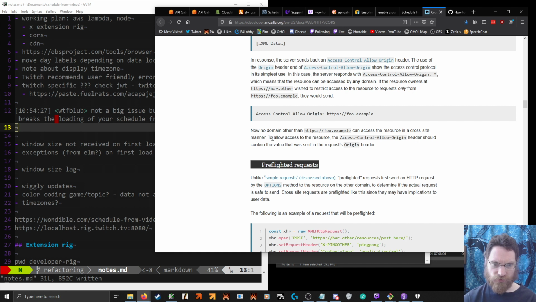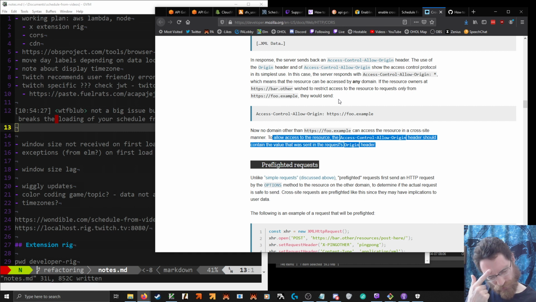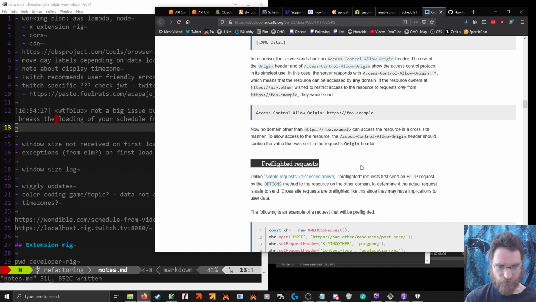To allow access, the resource should contain the value that was sent in the origin header. Maybe, well, you could mirror, but saying the same as the requesting site is going to be the same as star, basically. That's where the request came from.